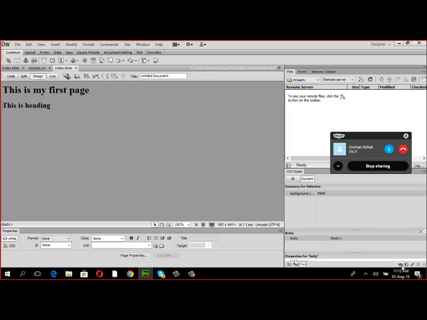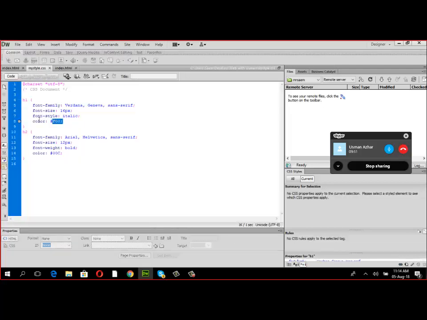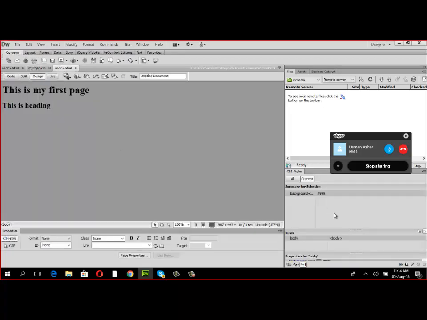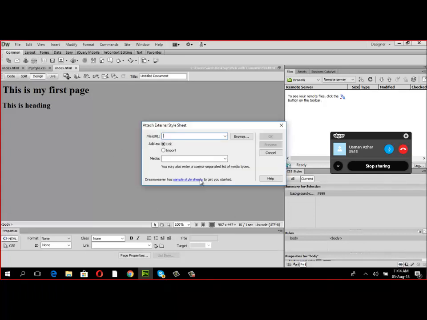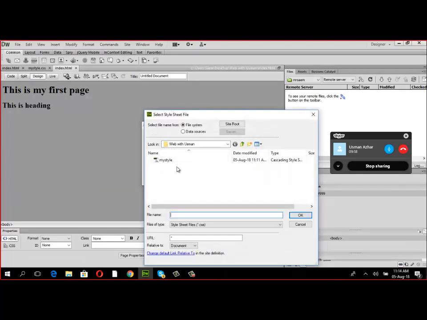Because let's say someone says, you know what, Usman, we want the subheading of our website to be changed from this font type to this font type. The color should be changed. The table background should be changed. This means if you have a 1,000 page website, you will change it for each and every HTML page. That is nonsense. I can't do that. So what I'll do is I'll simply change it over here. That's it. And I'll just show you directly. I will come to attach, I'll go to browse, and I will